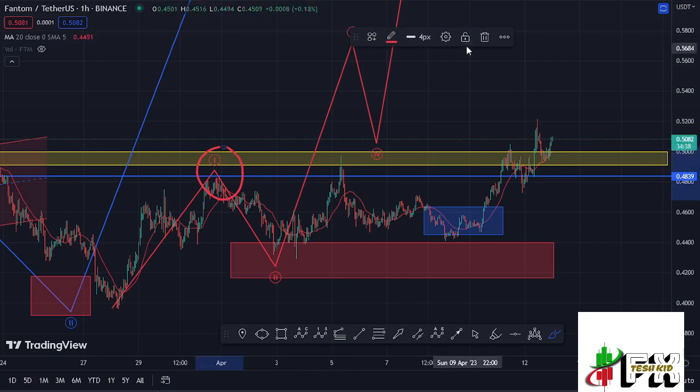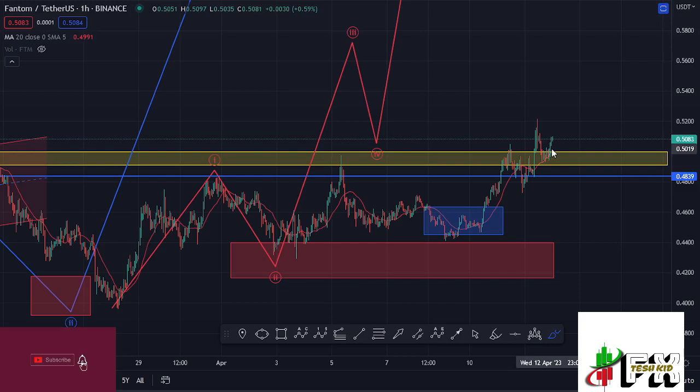And now my primary scenario is that whatever we are seeing at the moment is the start of an impulsive wave in the formation of this wave 3 to the upper side. And before I get further into the technical analysis to give you my target areas to the upside in the formation of this wave 3, first give this video a thumbs up,